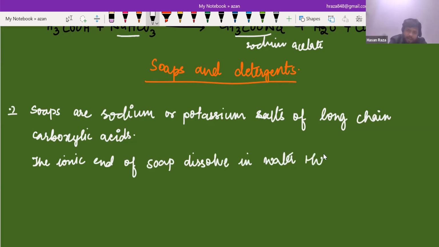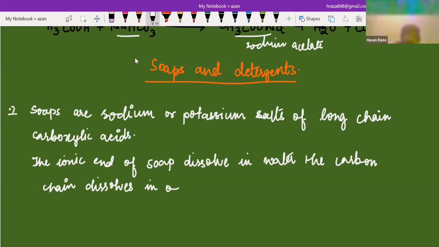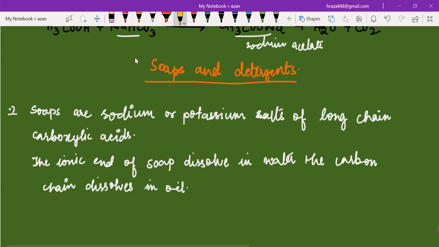The carbon chain, the long alkyl group, dissolves in oil. So this is the scene: you have a long chain alkyl group, and this will be your ionic end. I will show you what this ionic end is, and this will be your long chain